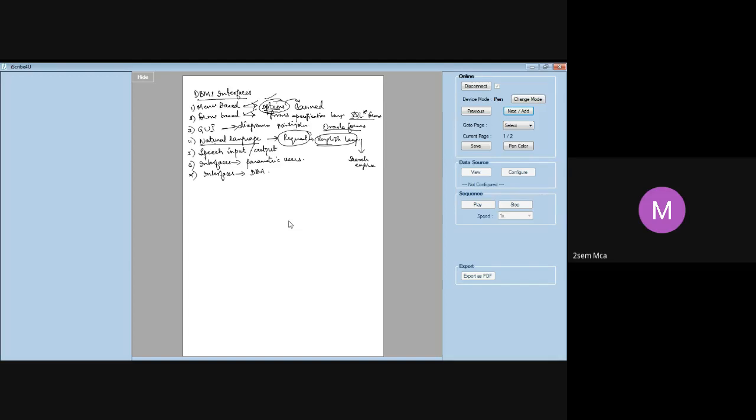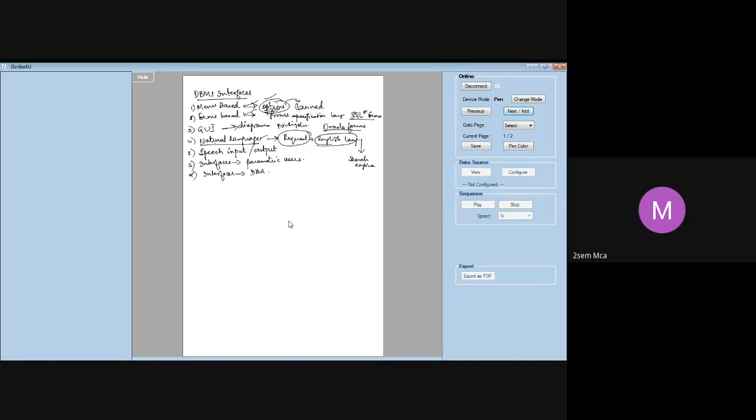But it generally does not work very well because there are a lot of inconsistencies and a lot of ambiguity when you write in a natural language interface. When you give your query in English, each person can understand it in a different way, is it not? If I want to search the NBA website, let us say according to me, it is National Board of Accreditation. I am interested in accreditation, so I simply give Google search NBA. What I have observed is that it shows me National Basketball Association. So the interpretation becomes different.